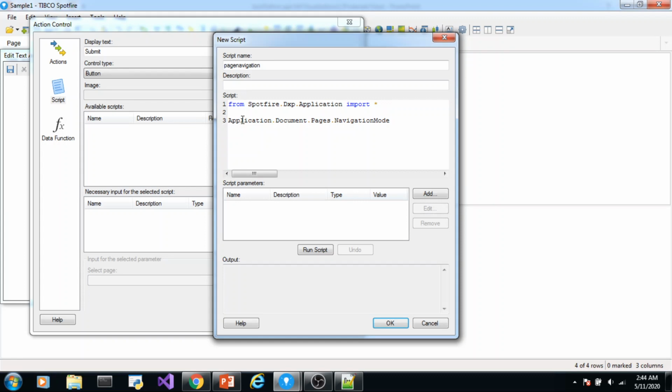So before assigning, you can print those values and see if those values are getting returned correctly and properly or not. So for example, we can print here and see what is the current navigation mode. Tabs. So the current navigation mode is set to tabs.